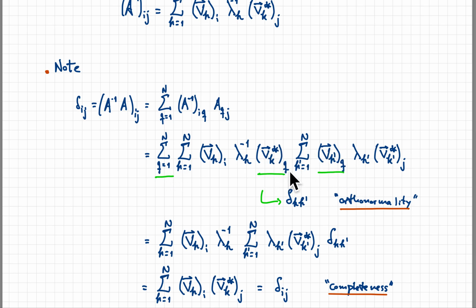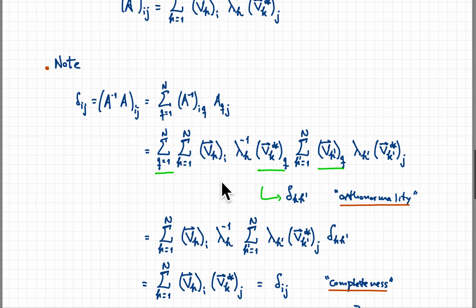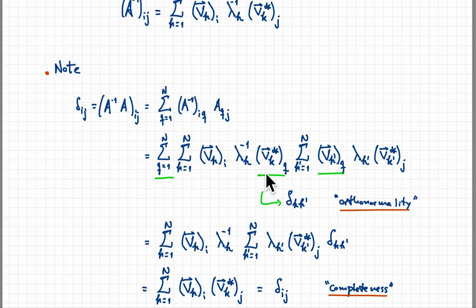And if you sum over q these two objects, you see that you have to obtain delta kk prime, because that is the dot product of vk star with vk prime. And so we know that the eigenvectors of A, because A is normal, have to be orthonormal to each other. And so that's the same as saying that the matrix U is unitary, which we assumed already, again, because A is normal. And so that simply means that the result of summing over Q